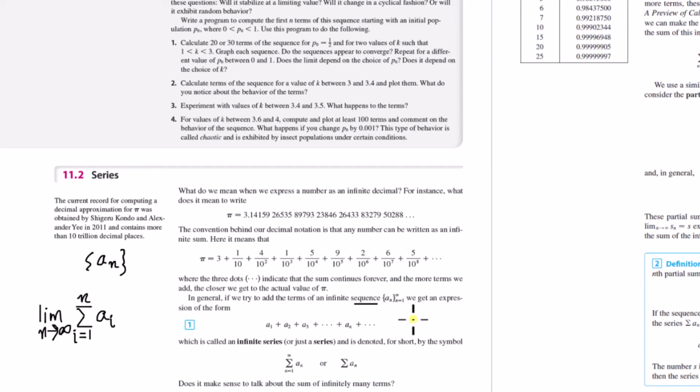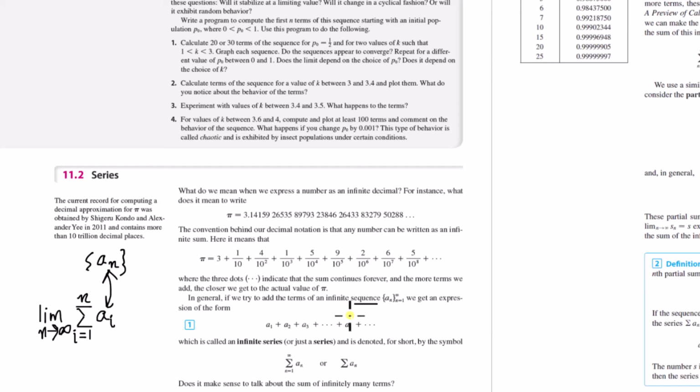Every series is like married to a sequence, right? Sometimes you see this a sub i, and you're so used to thinking of a sequence as an a sub n that, at least this happened for me, you kind of forget that these are both sequences. They're the same sequence. You just replace the n with an i for the summation. Okay, and so if we sum all of the terms of an infinite sequence, in general,